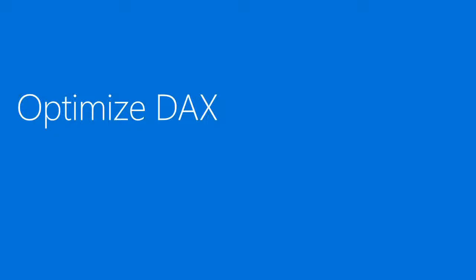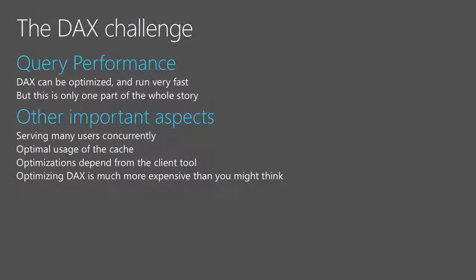Now, we introduced the problem of having a data model in memory. We have to optimize the memory. We have to increase the compression. We have to provide a better UI. But when you approach a large amount of data or a large number of users, because scalable means scale up and scale out, the first problem that we have to face is to optimize DAX.